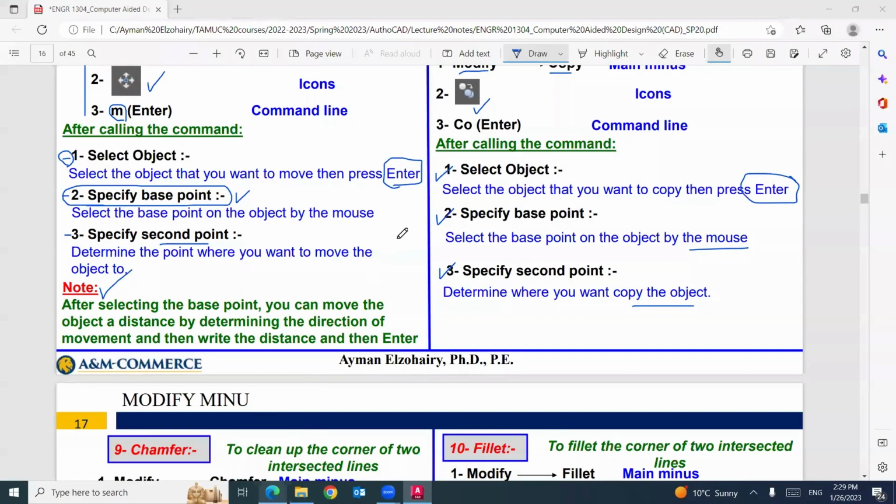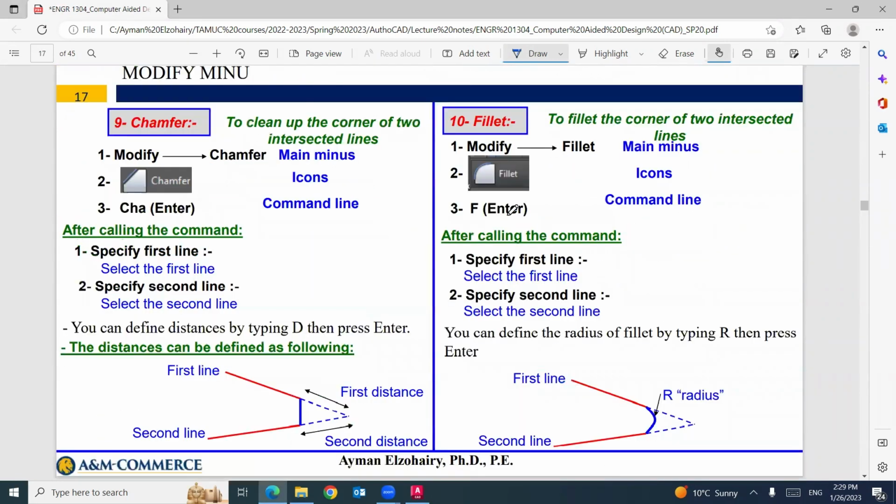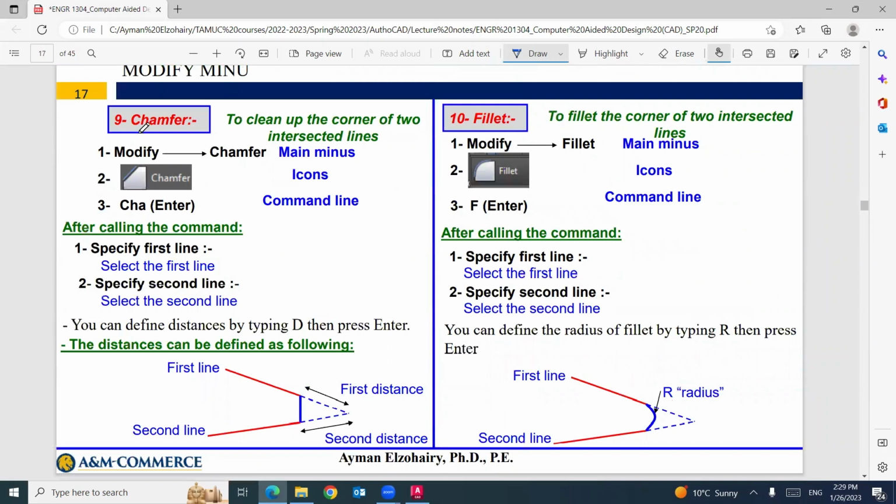So far, we learned how to move an object from one place to another place. We learned how to make copies of an object with different copies. We have another command here called chamfer. Chamfer will be used to erase extra objects or extra lines, or in general, to adjust the corner of two intersected lines.